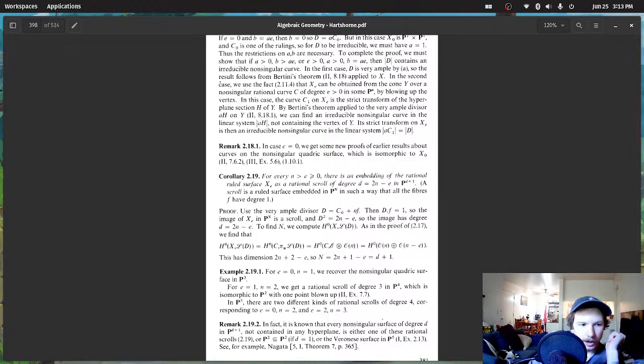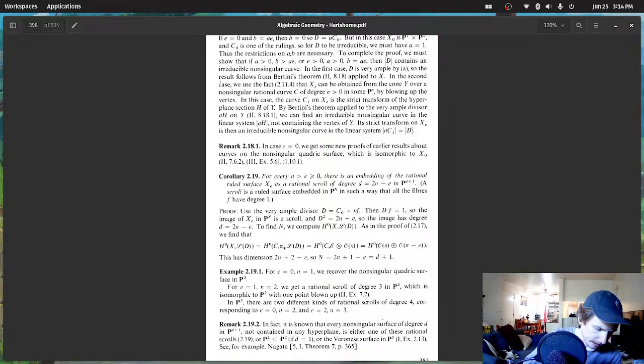Okay, so I think the way that this works is that if we were to do this, what does this say? It says that the global sections of the line bundle that we're looking at are effectively given to us as homogeneous forms in two variables of degree n and homogeneous forms in two variables of degree n minus e. And so if we took the complete linear system on those things,